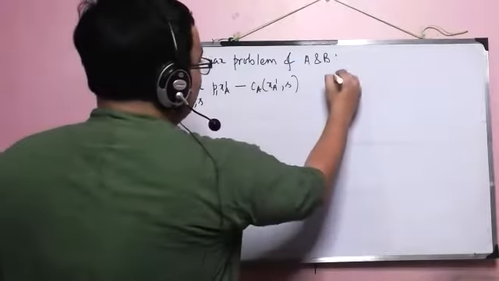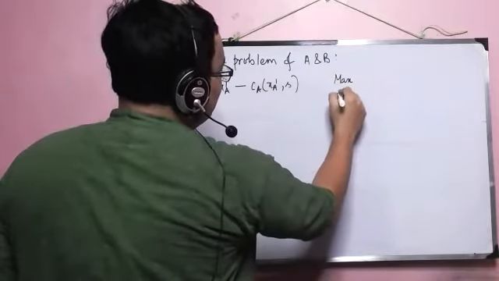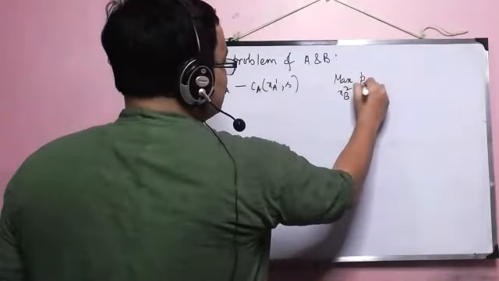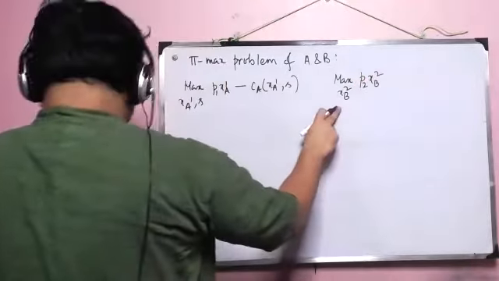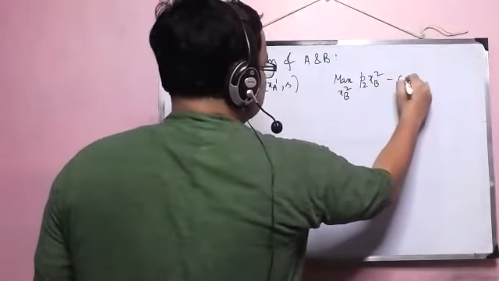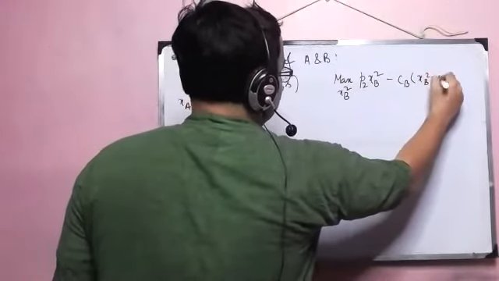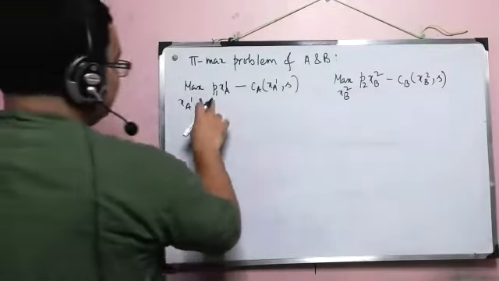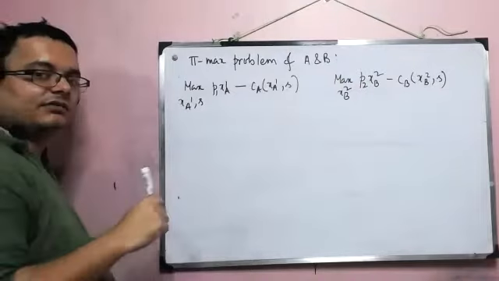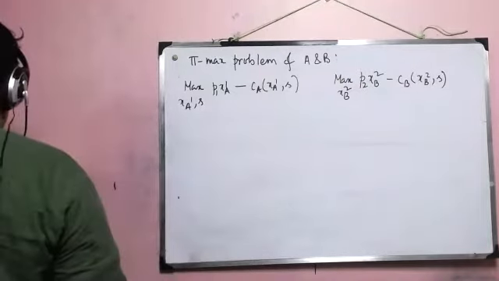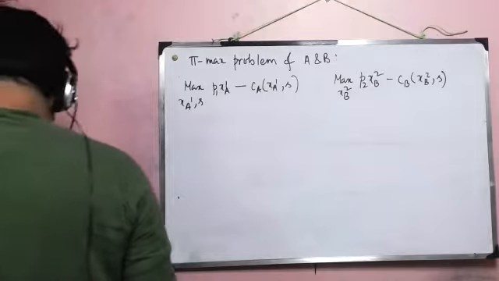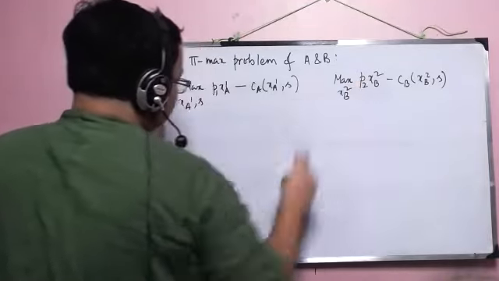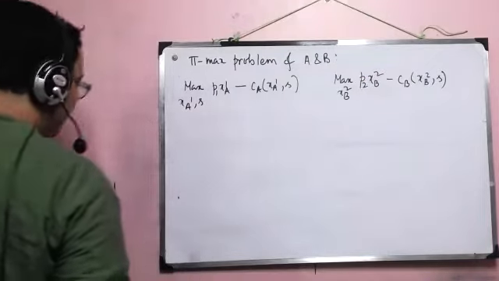Now what is the problem for B? Now B, although it's a victim of the waste, cannot really control the waste. So B has only one variable here, XB2. The rest of it is kind of symmetric. Now obviously you understand that P1 and P2 are the prices of the commodities. So now let's look at the FOCs. Remember this: there is no S for the second farm B because it can't control the waste.